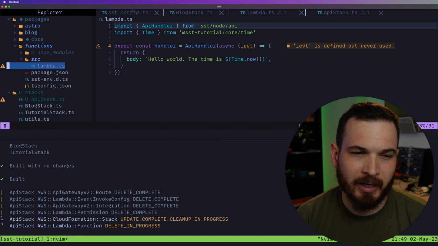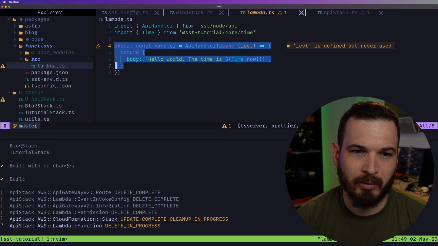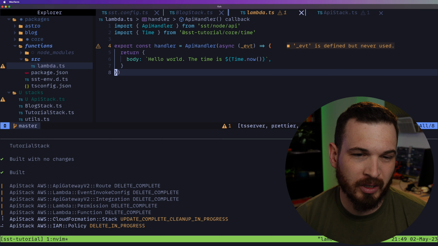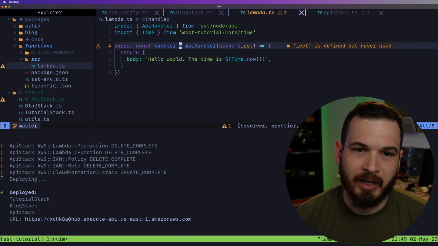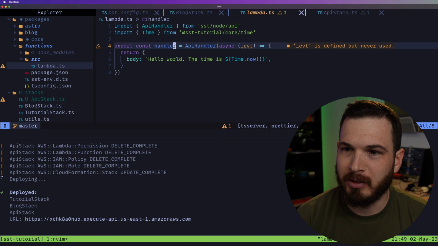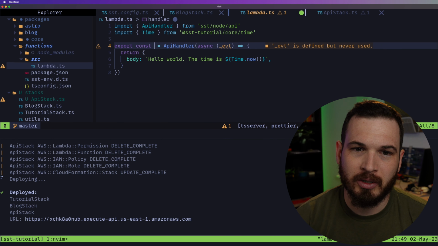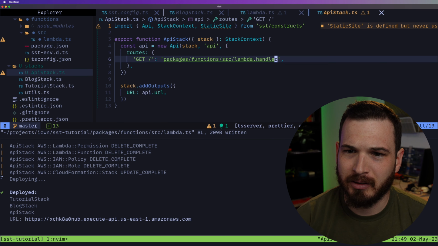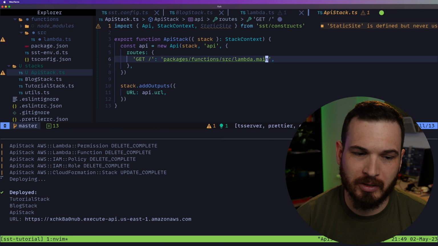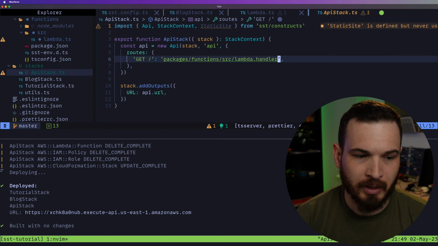So this file kind of has a boring name. It's just called lambda, pretty generic. But inside of here, we have a pretty typical looking Lambda function where you have some kind of handler. Oh, and also I guess this function name right here, handler, needs to match up with this guy over here. So we could change this to like main and then come over here, and also we'd have to change this to main. But if I change this to handler, and save that,